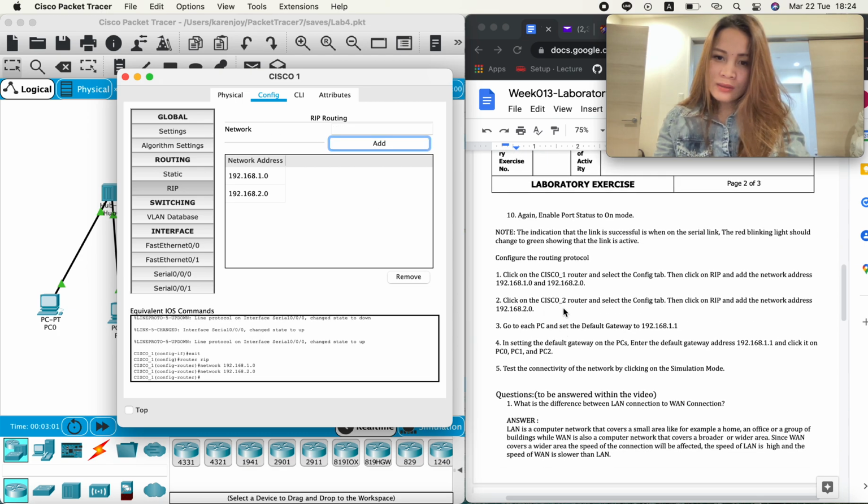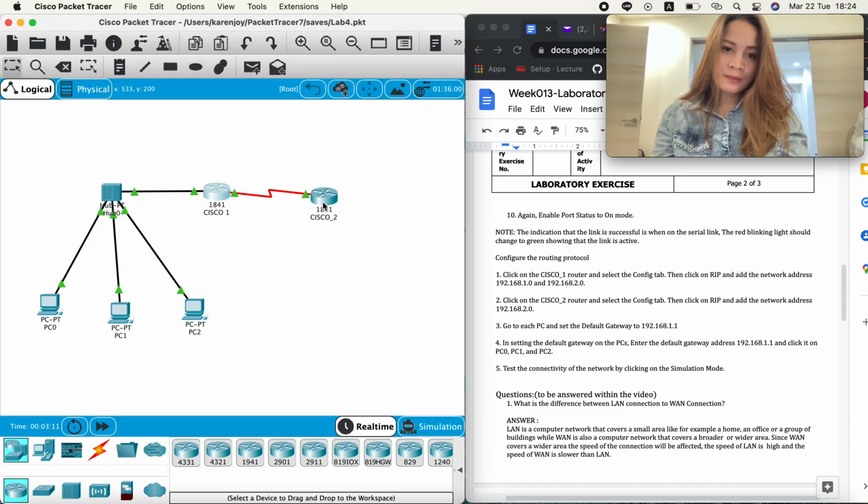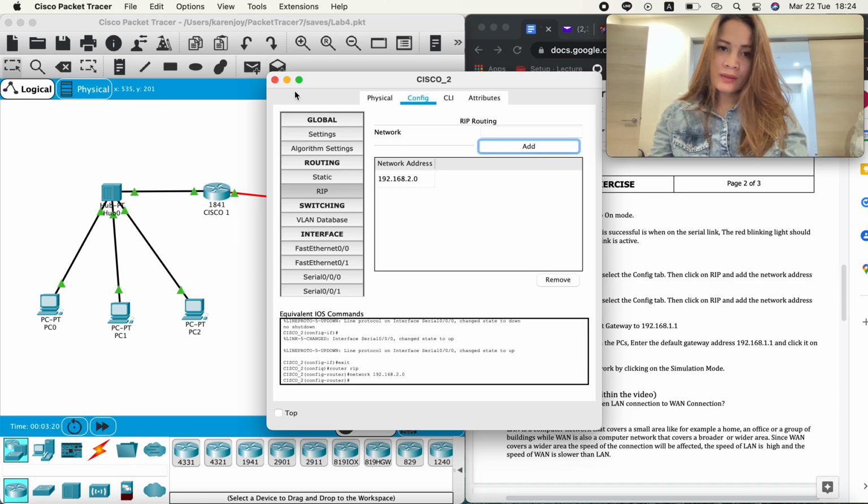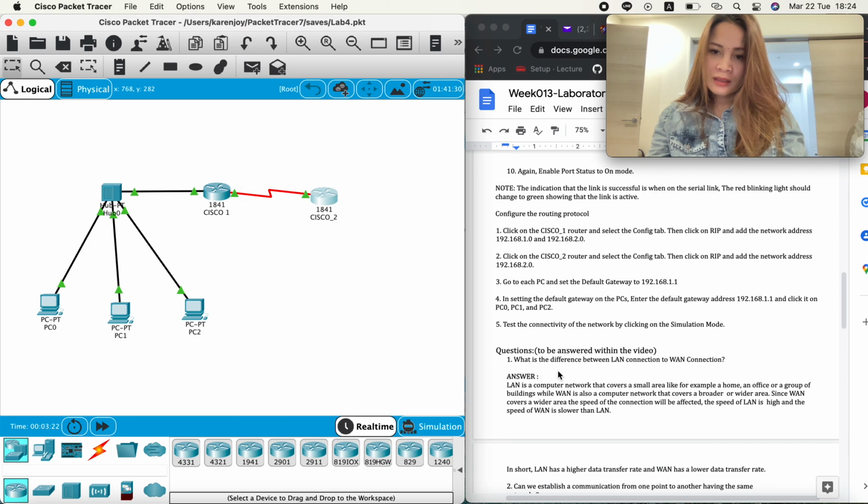Click on the Cisco 2 router and select the config tab, then click on the RIP and add the network address 2.0. Okay, RIP 2.0. Okay, and then